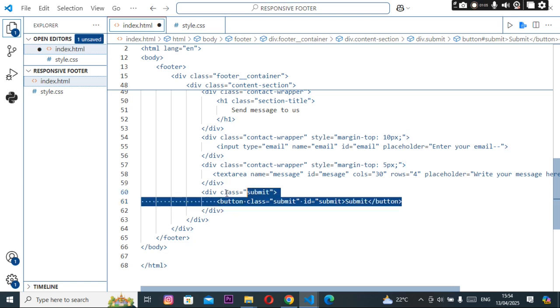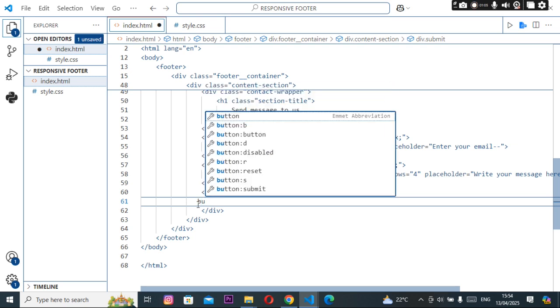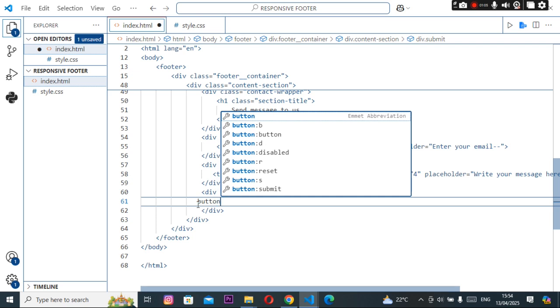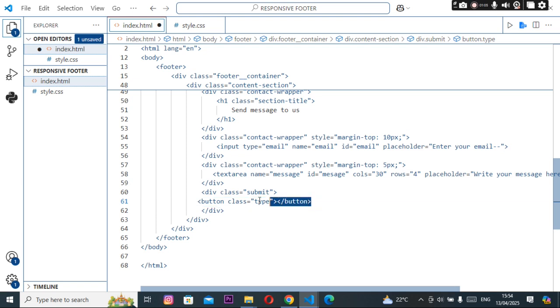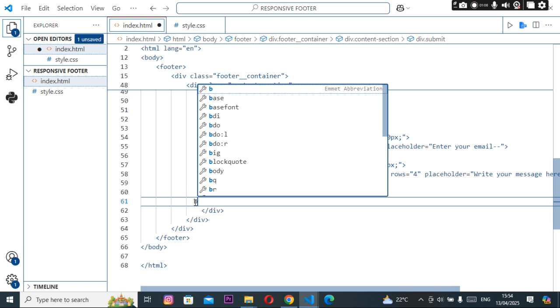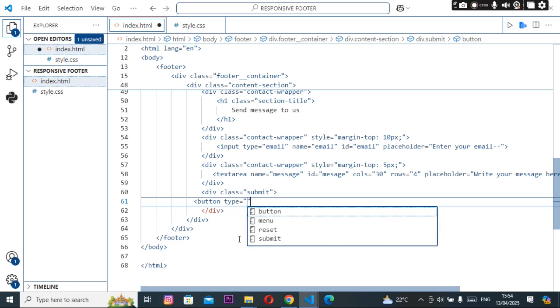Let me write manually. Button type is going to be submit,